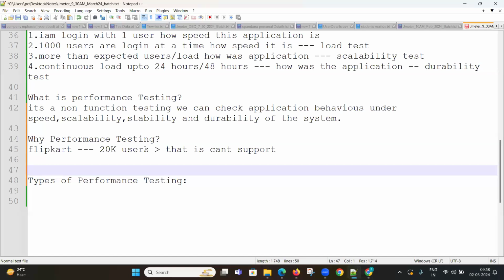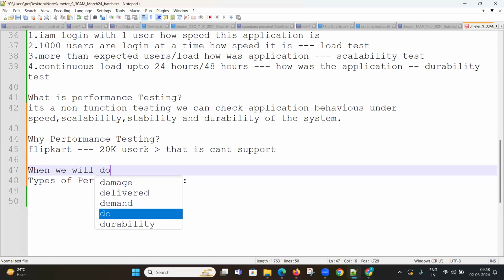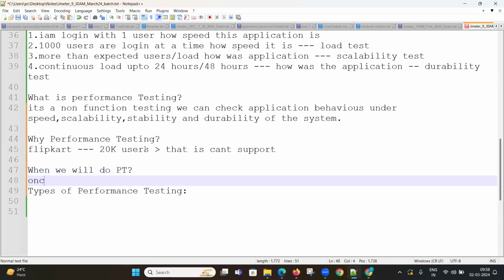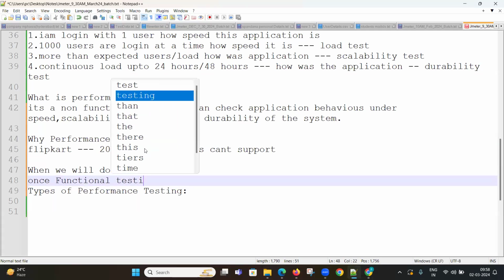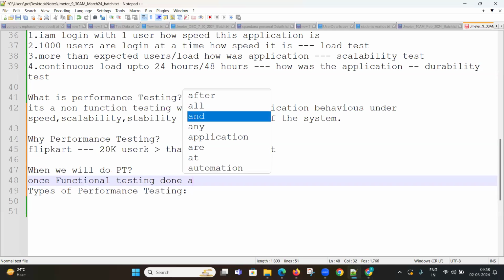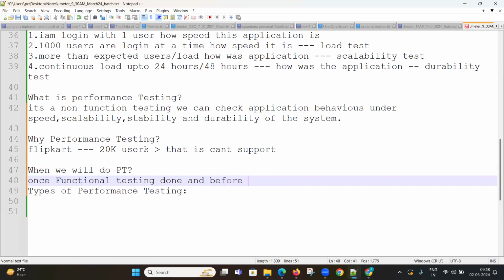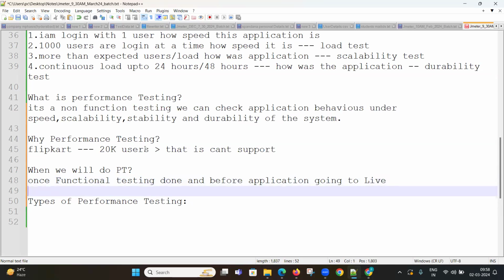Next, when will we do performance testing? It means once functional testing is done, and before the application goes live. So whenever the functional testing is completed and before this application enters the market,